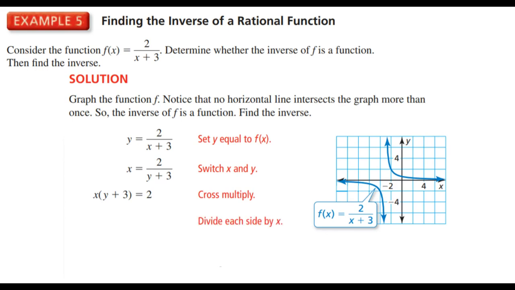Now we simplify. Now, here, since we are solving for y, we need to get rid of that x. Okay, so to get rid of that, we divide x on both sides, and you'll end up with y plus 3 is equal to 2 over x. So from here, since you are solving for y, next thing you'll do is subtract 3 on both sides because you want to get rid of that positive 3, and you'll end up with this function here. So the inverse now of f is equal to 2 over x minus